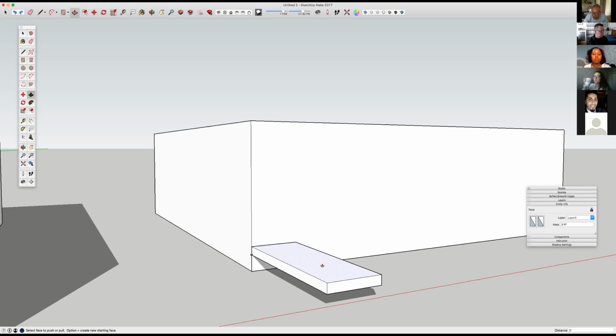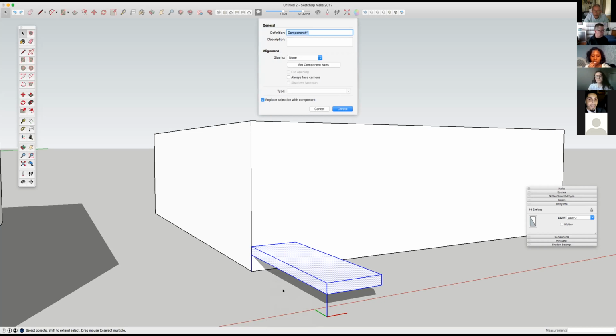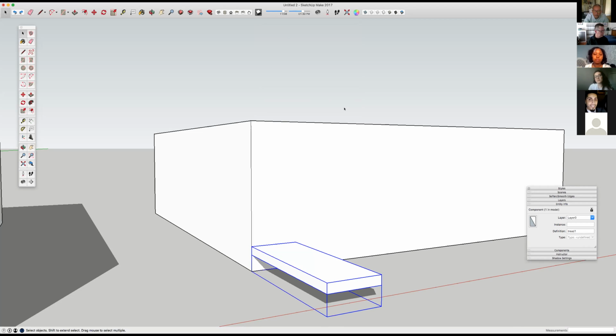And this is going to be a particular advantage with this guy because the stair, we're going to make changes to the stair, little refinements to it after we've put it in place. So I'm going to select everything. I'm going to make it a component. I am going to call it tread 1. Create. And now what I'm going to do is I'm going to copy that